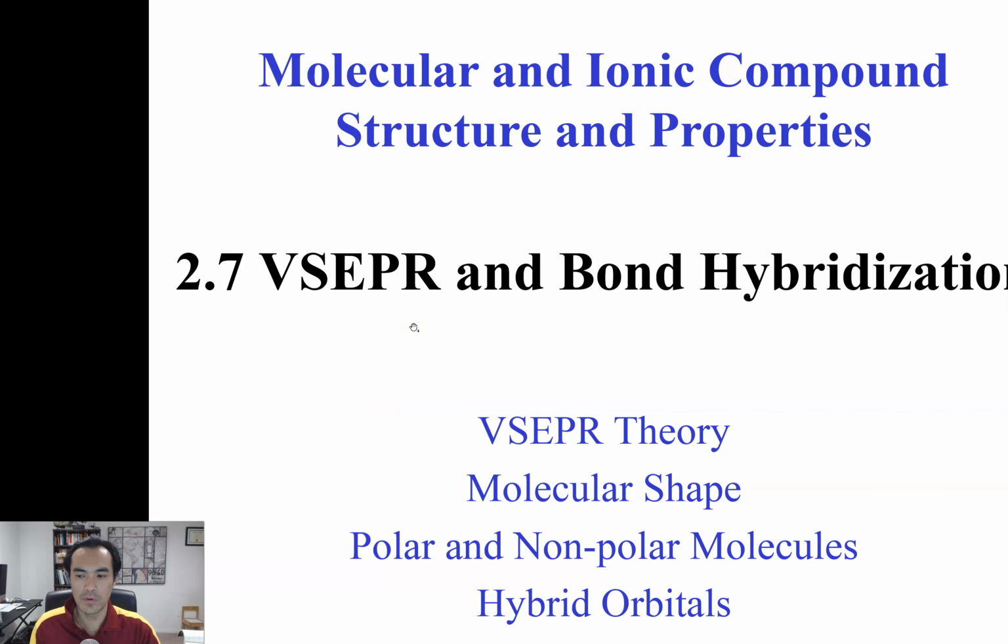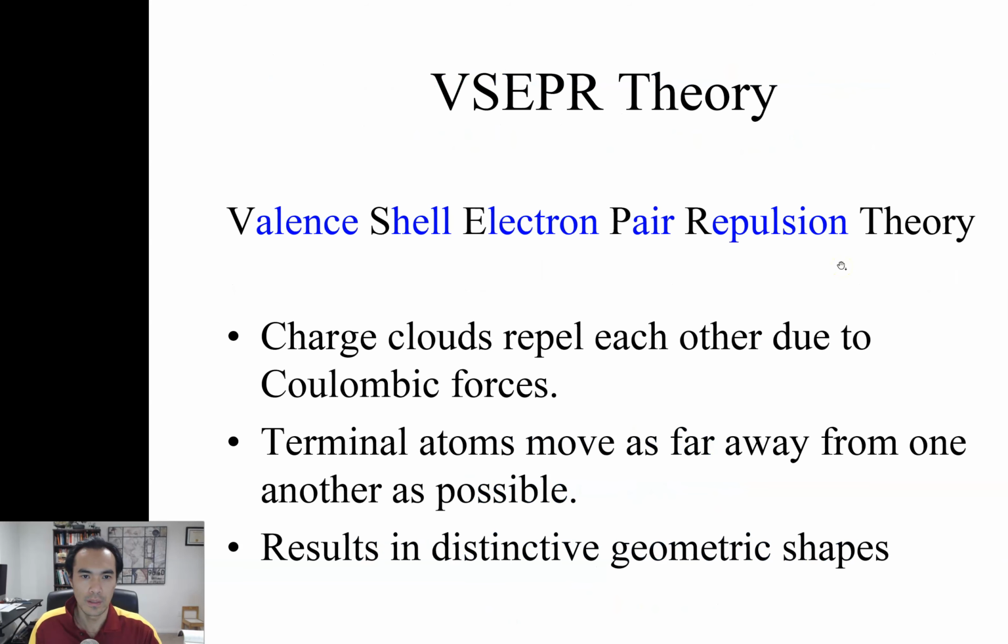We're going to cover VSEPR bond hybridization and molecular shape, polar and nonpolar molecules, along with hybrid orbitals. VSEPR theory is considered to be the overarching theory regarding how electrons are distributed around central atoms. VSEPR stands for valence shell electron pair repulsion theory, which basically states that electron clouds, according to the